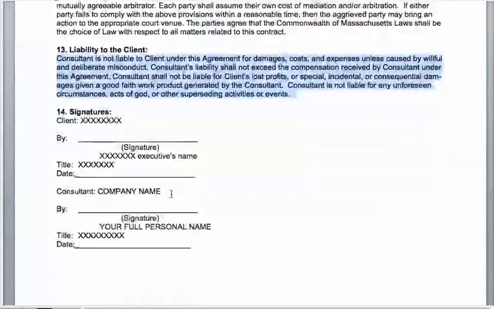And then at the end, you just have the signatures section where you have the client's company name here. And then you want the word by in a signature line, and the company executive's name underneath that. They sign here, and you want the job title here, whether it be president or chief executive officer or what have you, and the date that they sign it. And then in the consultant field, you put your company name, and then you put a by line underneath that